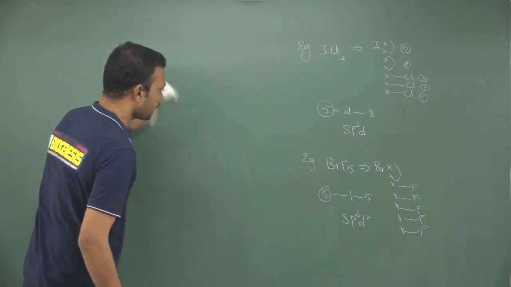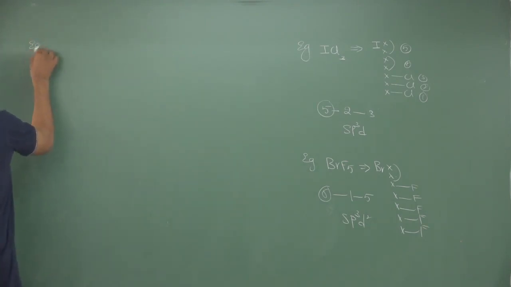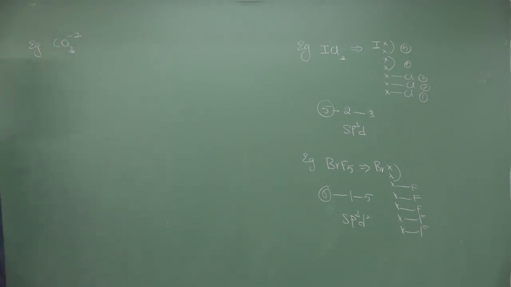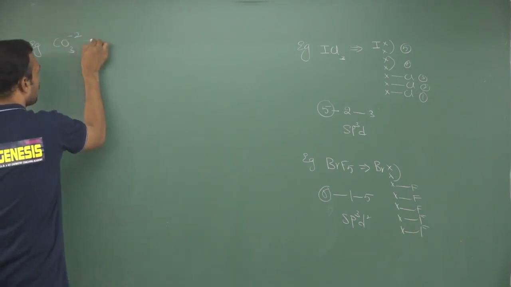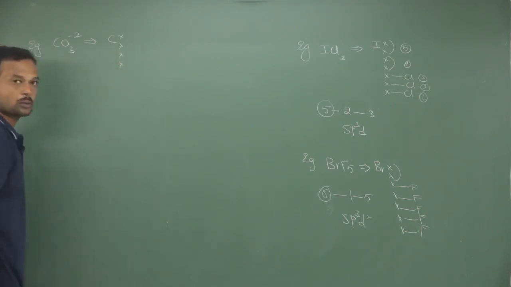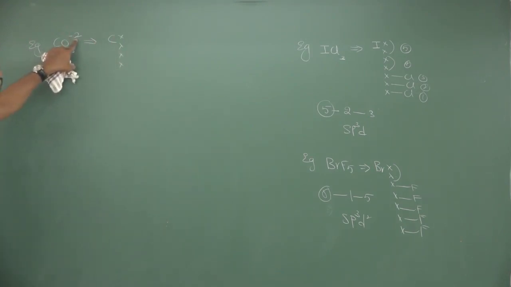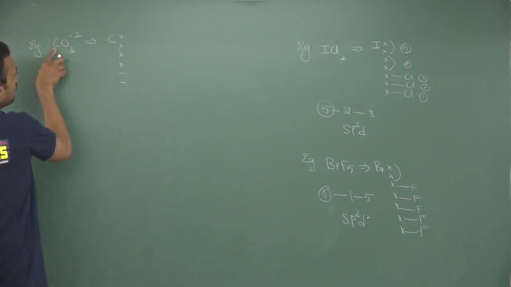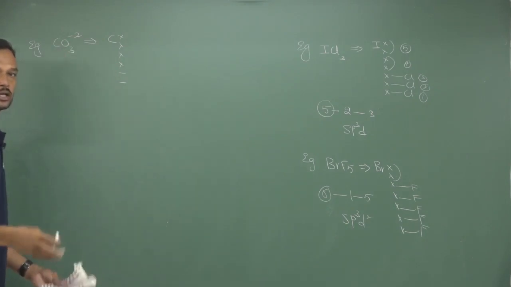So you can also calculate by taking a negatively charged ion. See, CO3 2 minus, carbonate. When you take carbon, it belongs to the fourth group, 1, 2, 3, 4, and here 2 extra electrons are present, which should be added here, now total 6. The central carbon carries a total of 6 electrons, 4 from carbon, the remaining 2 extra from an acid or a metal.